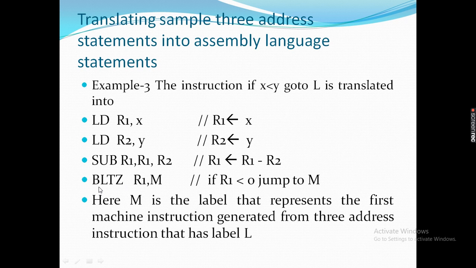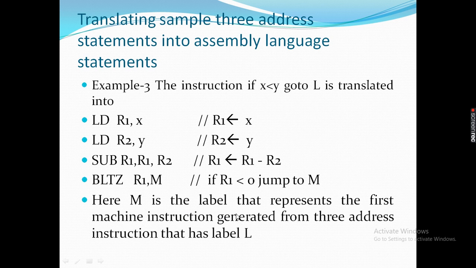So branch: BLTZ R1 comma M, that means this instruction causes a jump to the location labeled M. This instruction causes a branch to, or jump to, label M if the value of register R1 is less than 0.